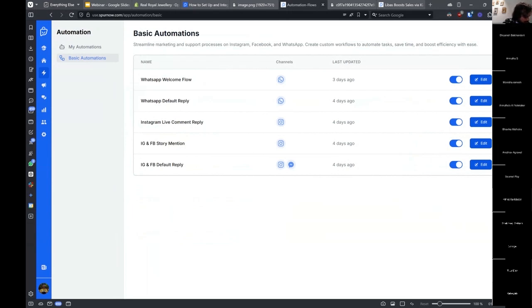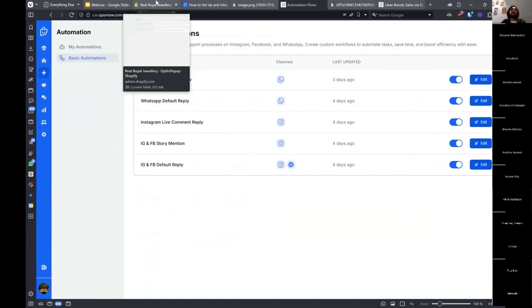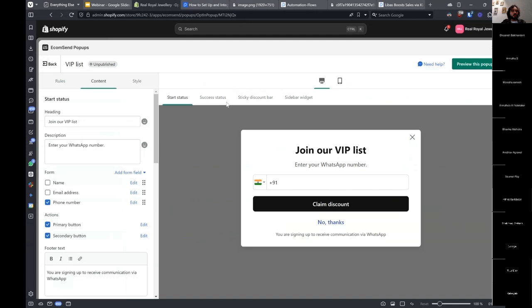Okay, we got a message from Siba. Is it possible to customize the data collecting options? Like if you want to collect customer birth month with phone number, is it possible? I believe it should be. So in the e-coms and pop-ups, you can see there is no direct way of collecting that, there is no form field for that. However,